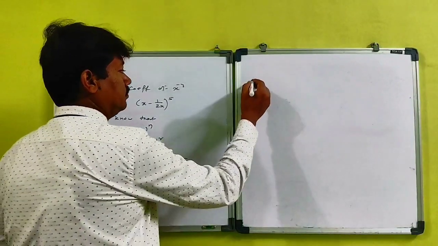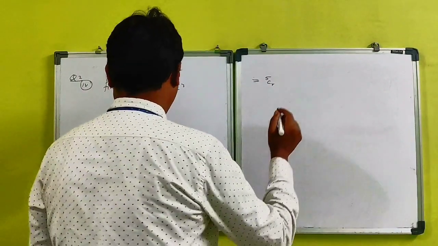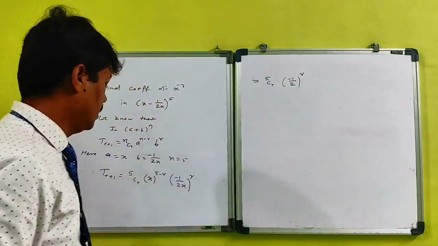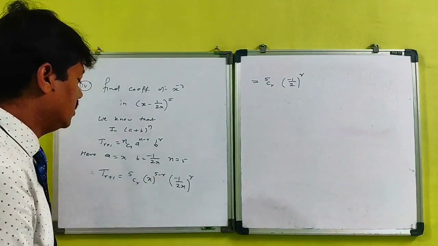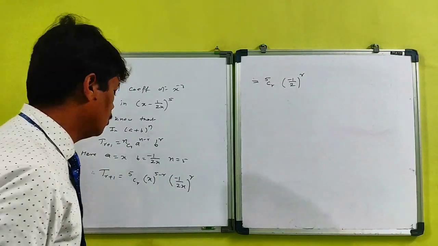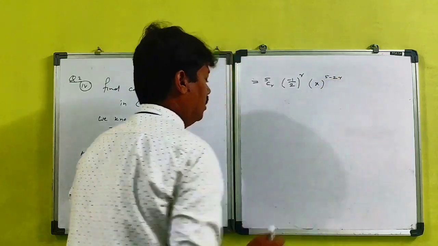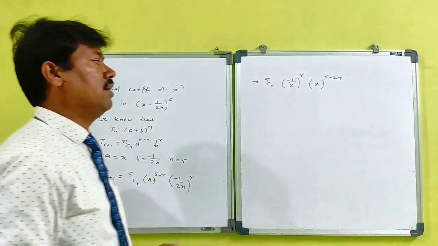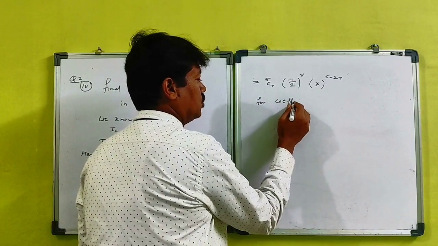So here it is 5CR, minus 1 upon 2 raised to r, x raised to 5 minus r, and the x raised to r in the denominator goes up with a minus sign, so it is x raised to minus r. So that becomes x raised to 5 minus 2r. And for the coefficient of